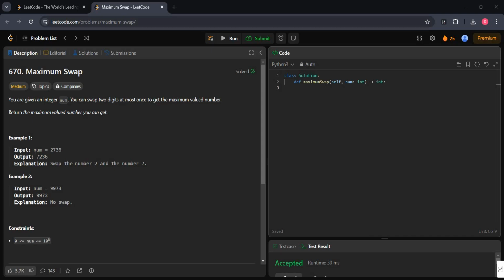Okay. So here we have an input 2736 and output is 7236. Swap the number 2 and the number 7, and we do have another example. Num equals to 9973 and the output is also same. There is no swapping,